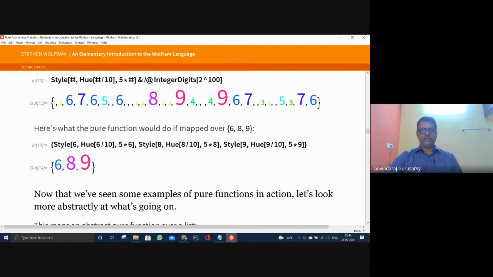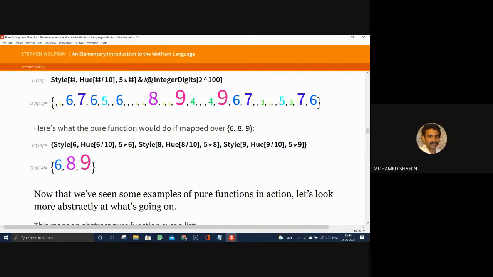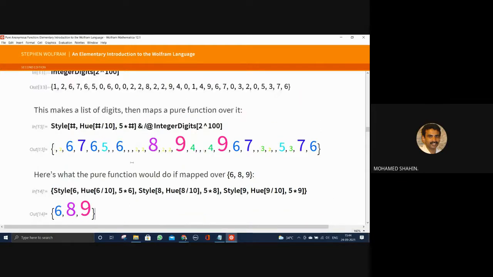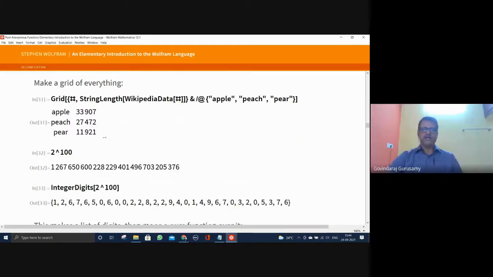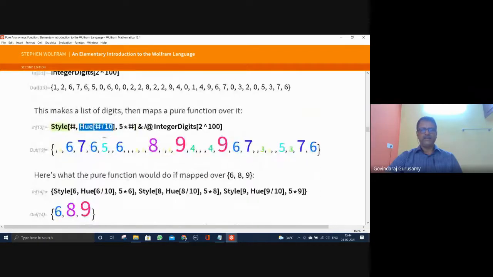That's what he's trying to show. Here, what would the pure function do if mapped over 1 by 1? So the same thing can be applied for blurring as well. For blurring, you should know what you are going to do 3 times. Here 3 things have been done. You're doing 3 things on the blurring, which can also be accommodated.